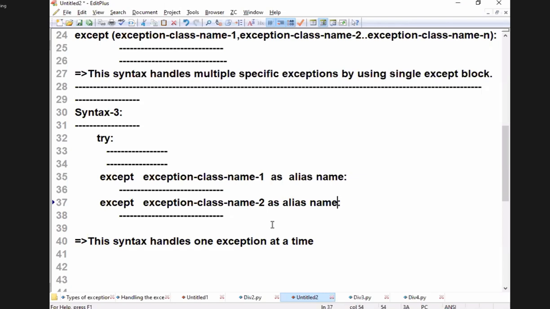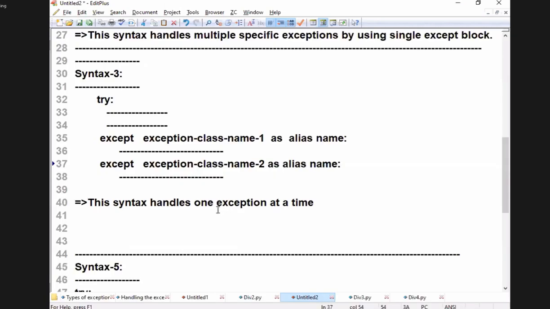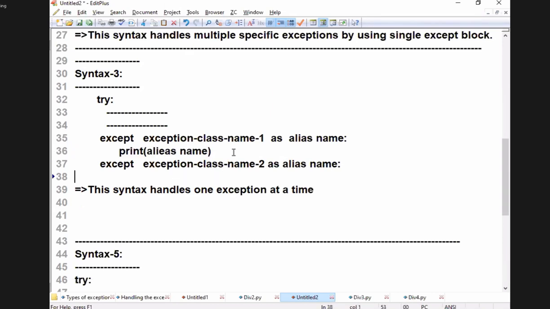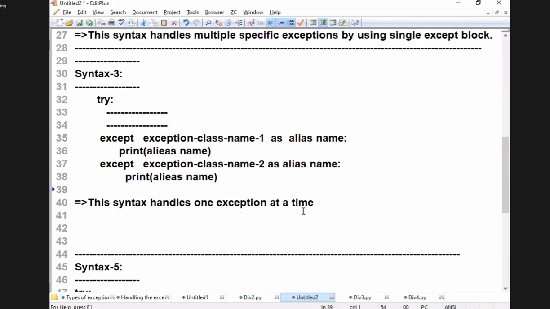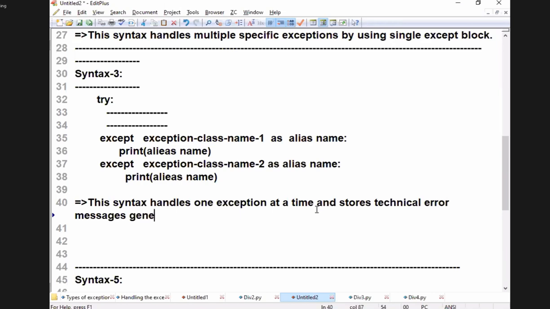Because of this alias name, this is also important. Because of this, the syntax handles one exception at a time and stores the technical error message. See, my dear students, I am printing alias name here and here. Understand? The technical error message is generated due to what?